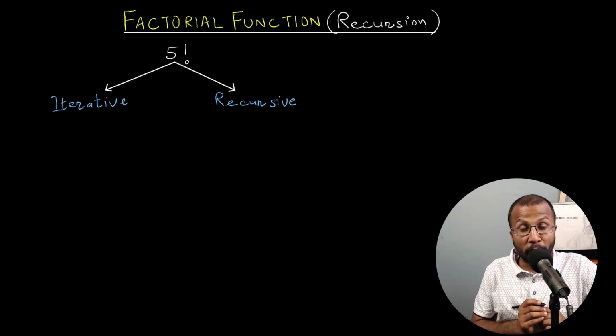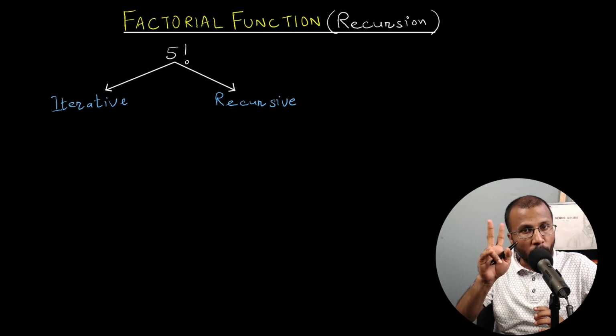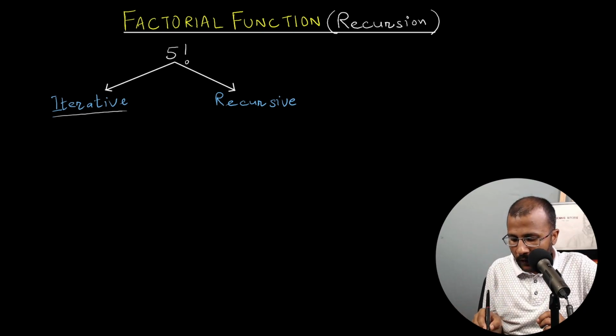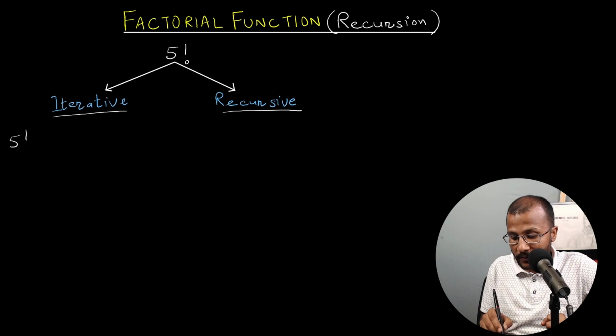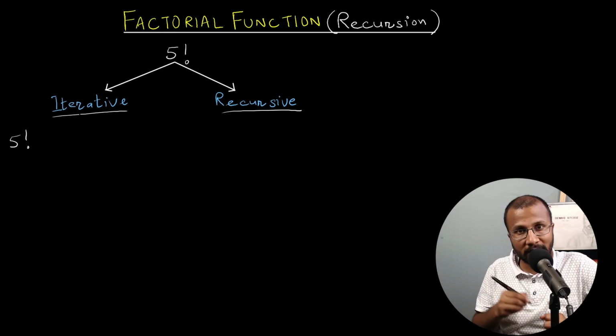In this lecture, we are going to write our own program to find the factorial of a number by using recursion. Generally, factorial of a number can be found using two different ways. One is the iterative way, and another one is the recursive method. So let's first of all discuss how we find out 5 factorial using the iterative method, using the iterations or